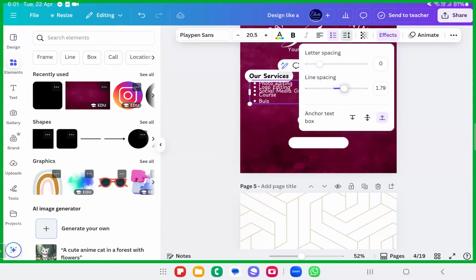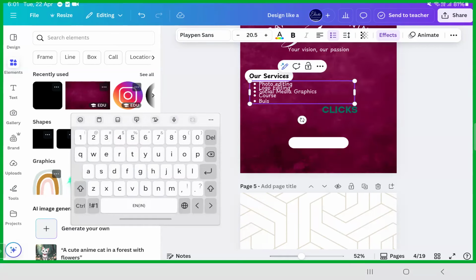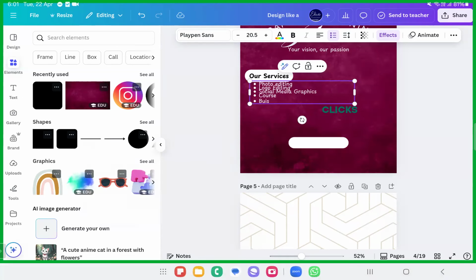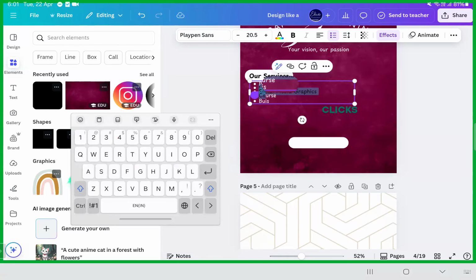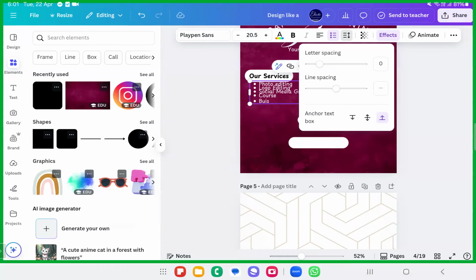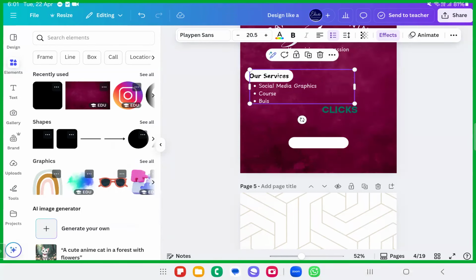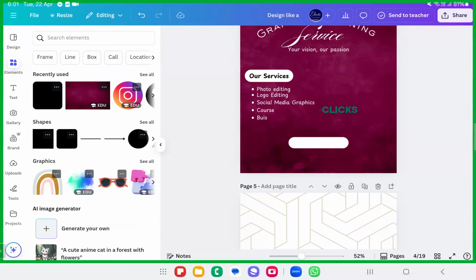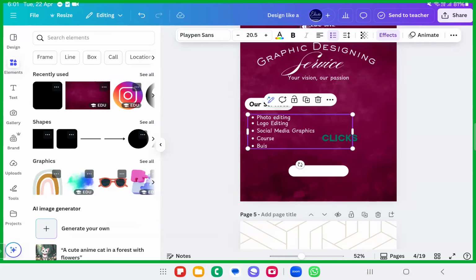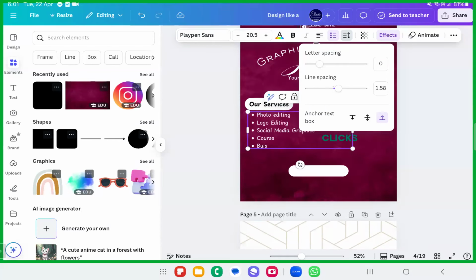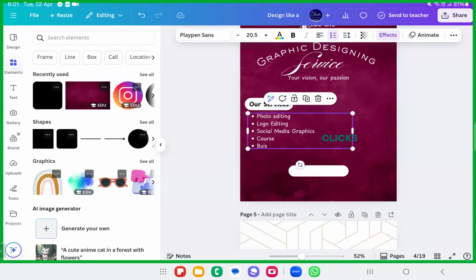Fine, give it a big bit of line spacing. This entire text does not have line spacing, so make sure you're giving proper line spacing. Line spacing and this spacing is over here. Make sure you're giving proper line spacing. Okay. Photo editing service, logo editing service. Line spacing is a must. Fine. Line spacing, bullets is given. Give this proper line spacing for the entire document.